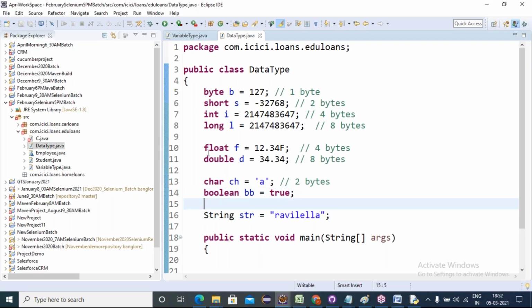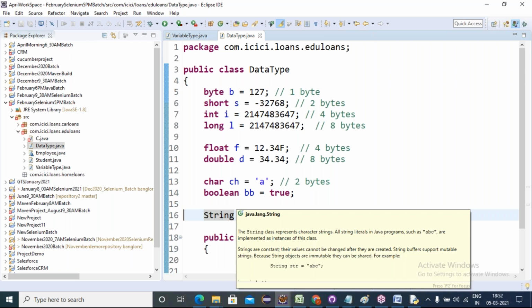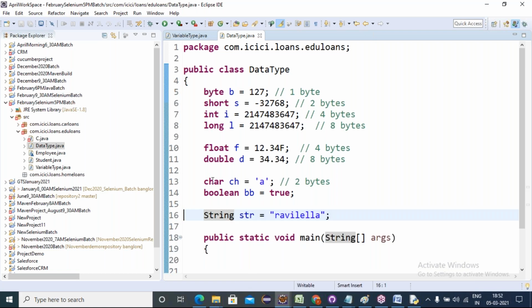Every primitive data type is lowercase only. Observe here, everything is purple. But String is not a primitive data type. It's a class type, and every class starts with uppercase. If you mouse over, it says String is a class of the java.lang package. This is not a primitive type; these are the primitive types.